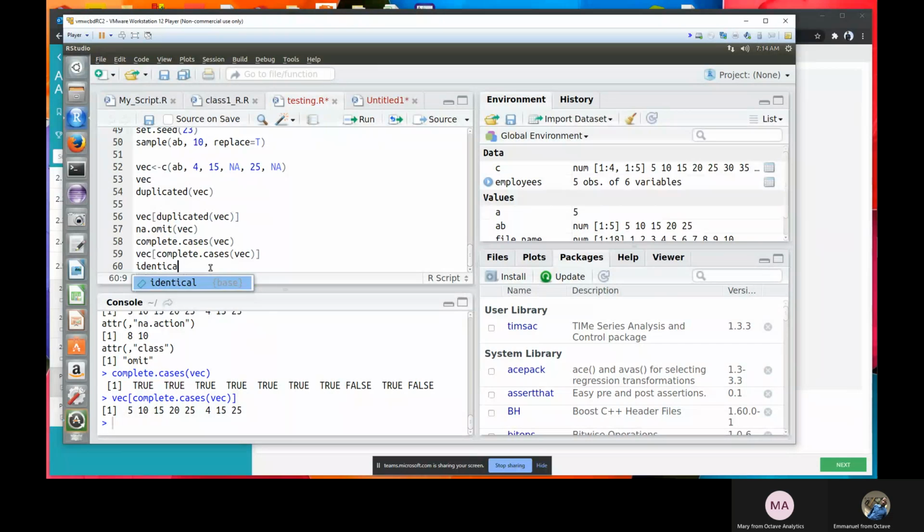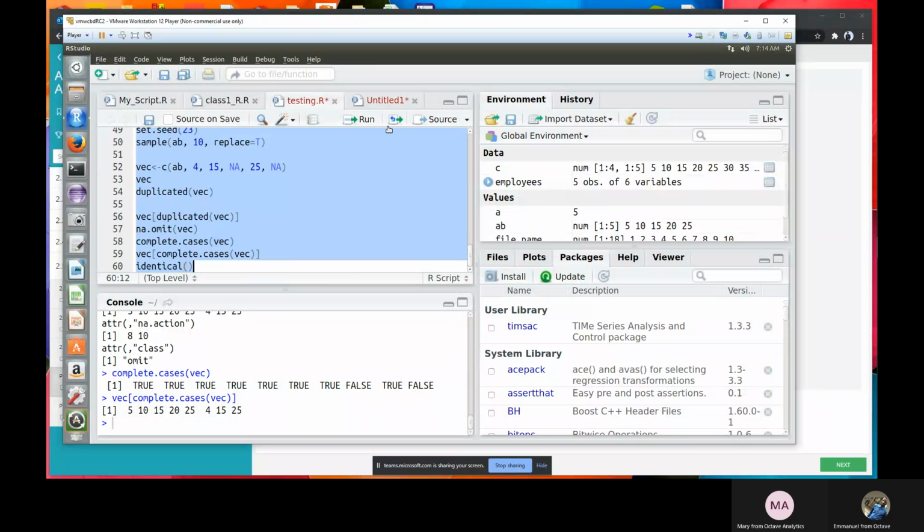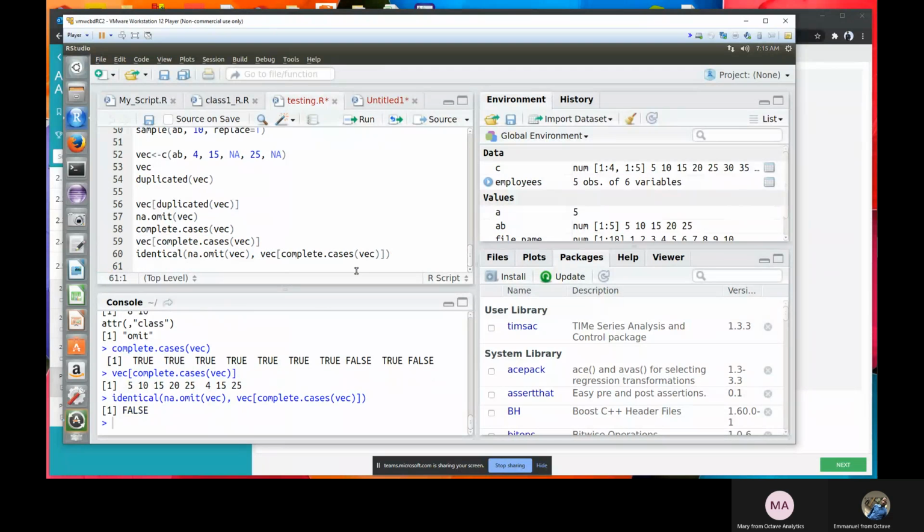I put two things, and if the two things are identical, it's going to give you a true Boolean value. So I put na.omit of vec, then the other one here. If I want this, it says it's false.